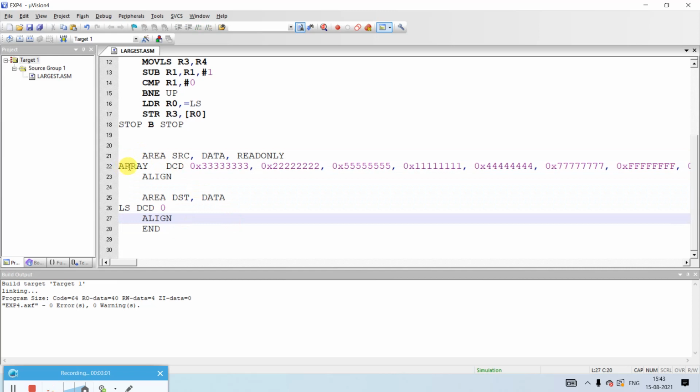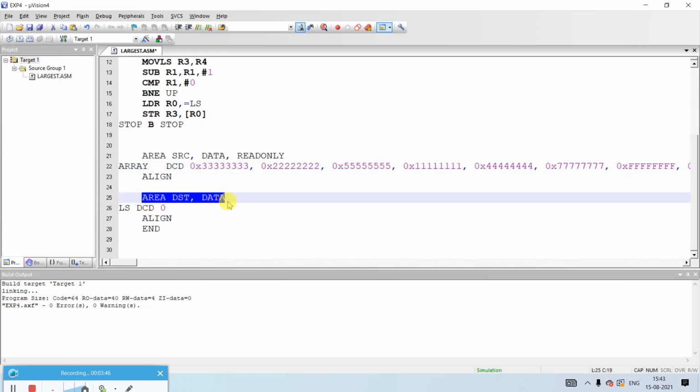In the data segment we have initialized, by the name array, all the numbers among which we need to select the largest and the smallest, and it is even aligned. Aligned means one after the other. For example 3 3 3 3, because one single memory location has a maximum size of 8 bits or 1 byte. So first it will store 3 3, above that another 3 3, then 3 3, then 3 3, in that fashion. Similarly all these numbers are going to get stored. I will show you in the memory window later while executing.